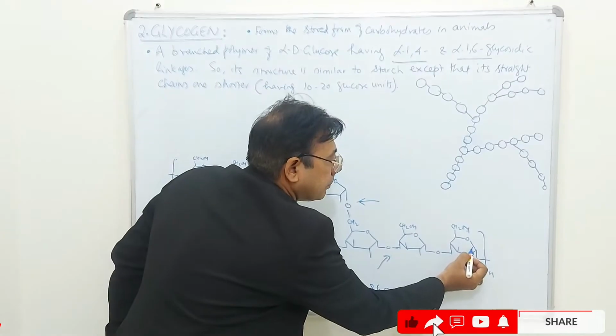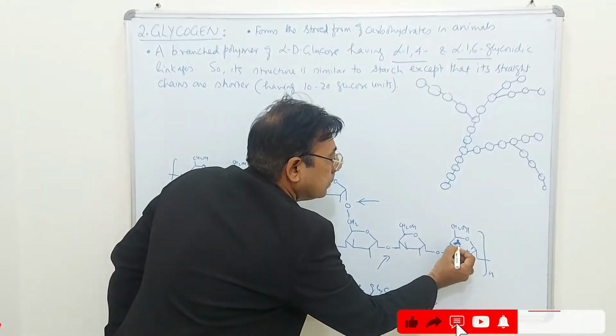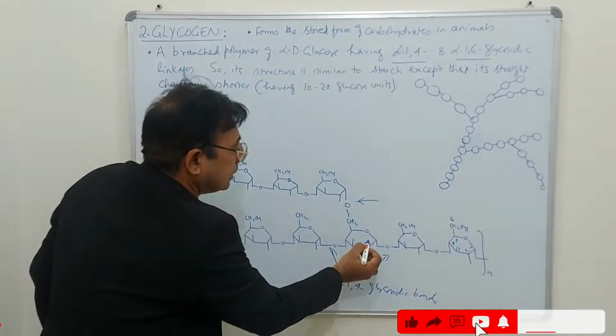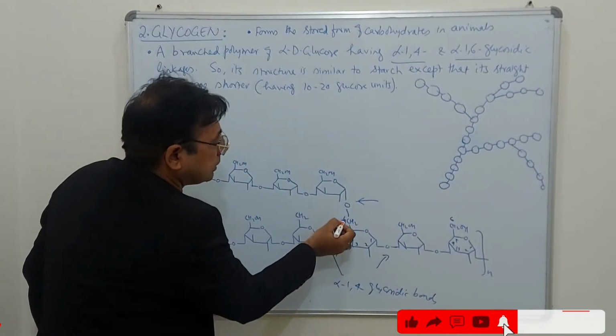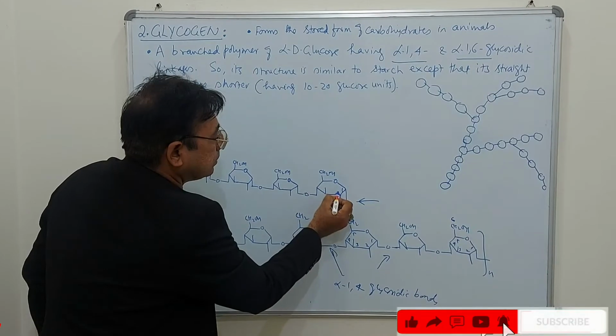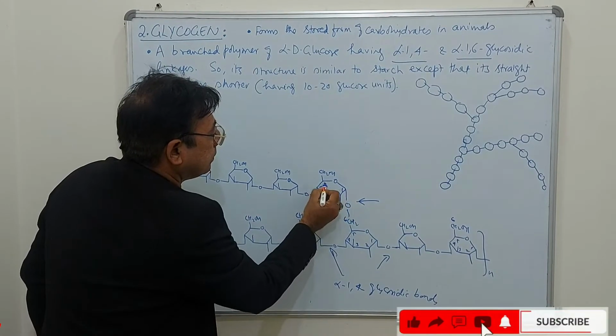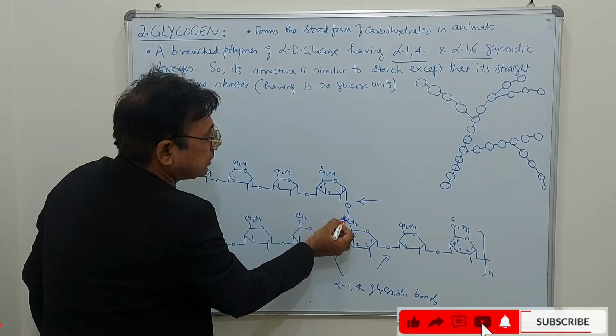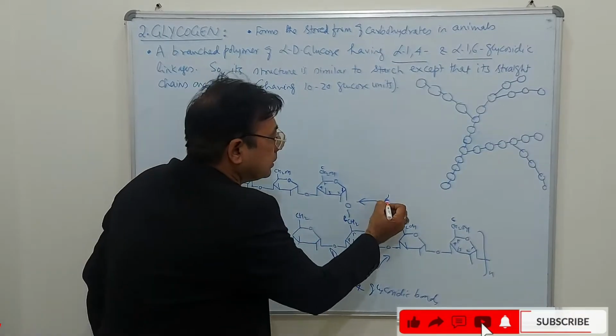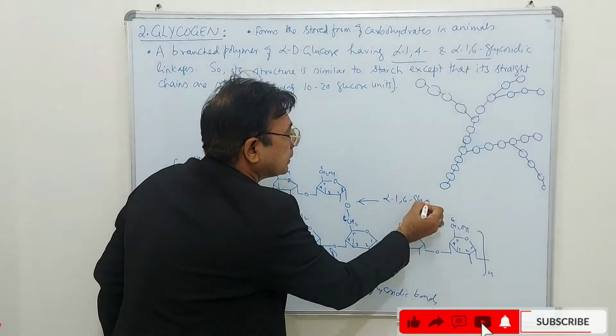So if I number these molecules 1 2 3 4 5, I think you are familiar with this numbering now. 1 2 3 4 5 6. So this is 6th position, and from this glucose it is 1 position. 1 2 3 4 5 6. So this is 1 position of glucose joined to 6th position of this glucose. So this is alpha 1,6